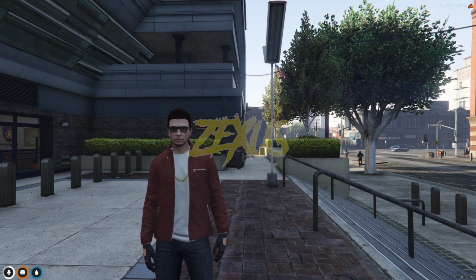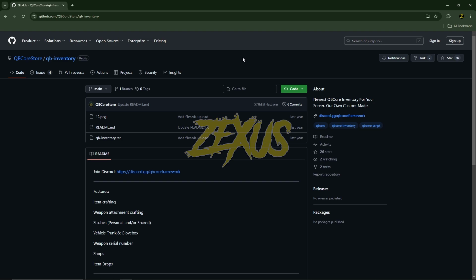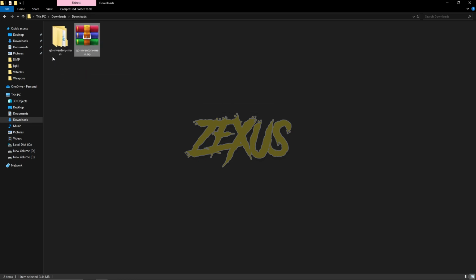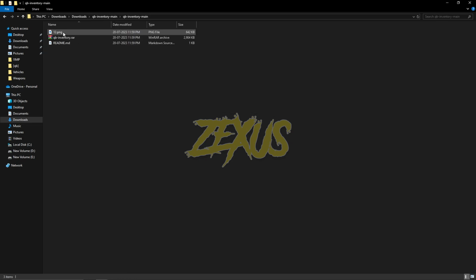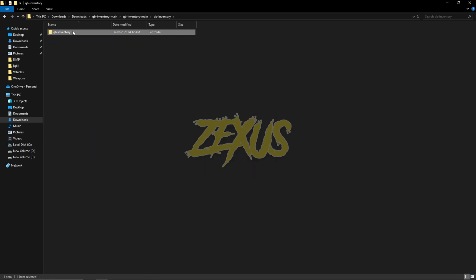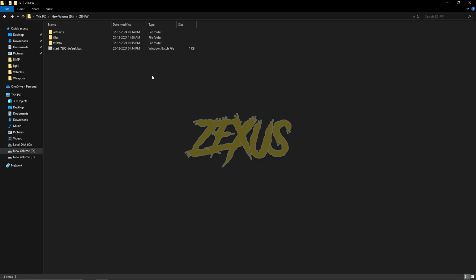I will provide the GitHub link in the description below. You just need to click on code and download zip. Now we have to extract our file. After that, open the folder, again open it, and we have to extract this from here. I'll be extracting this and open this and copy this inventory folder, and we have to paste it into our